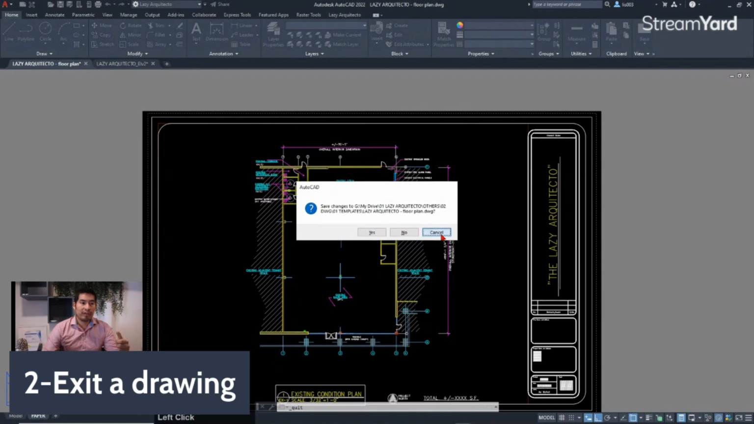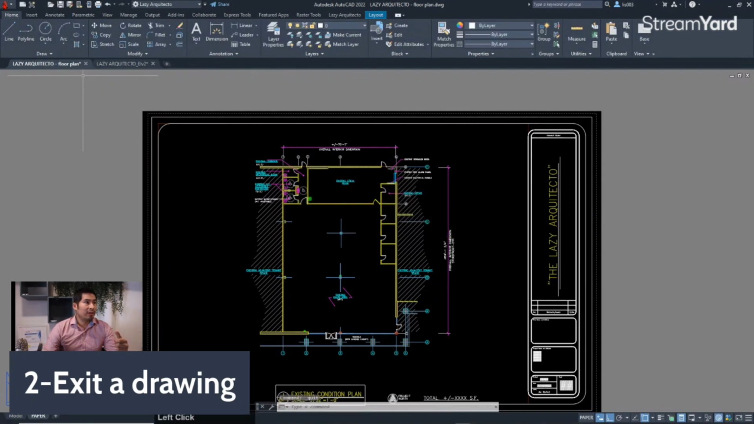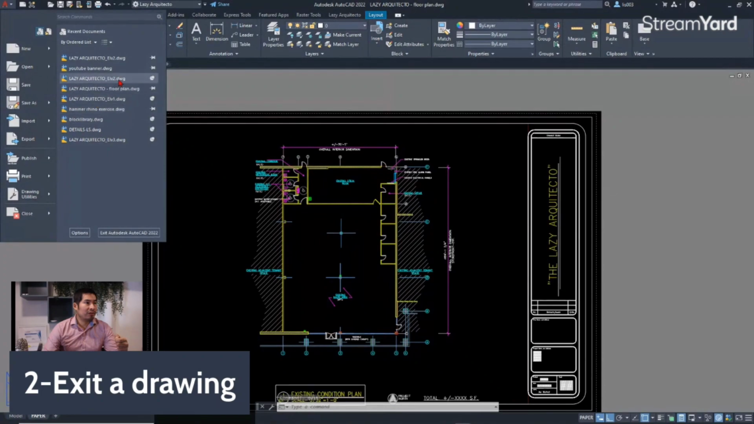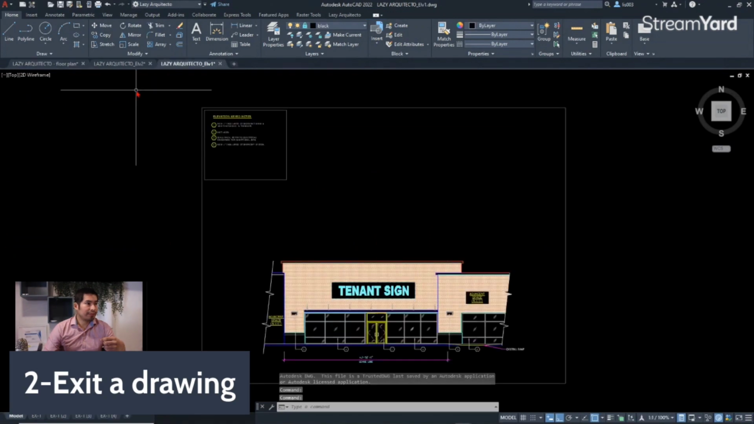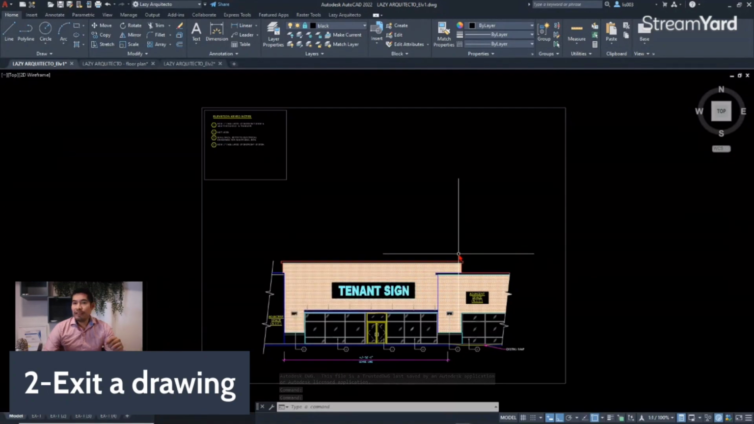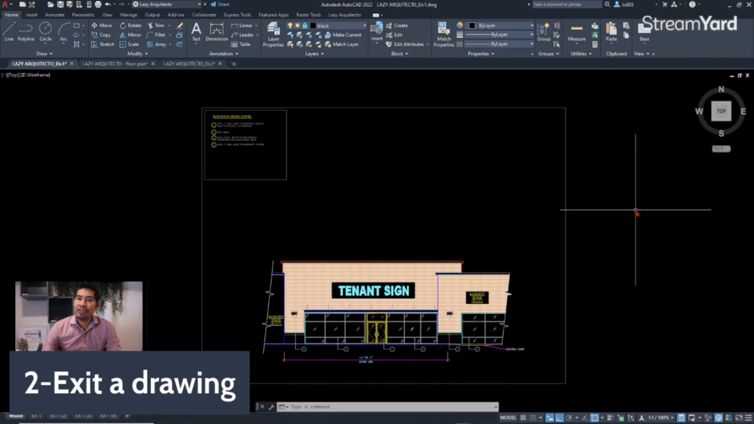a drawing quickly. So let me open back up the other drawing because I needed to show you the next shortcuts. So let me open it. Okay, so for the next control key shortcut,